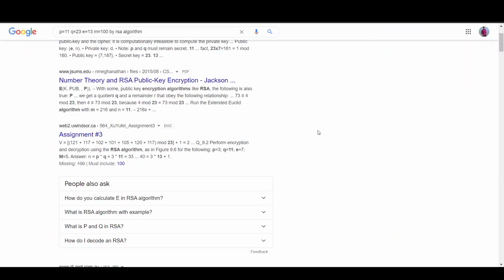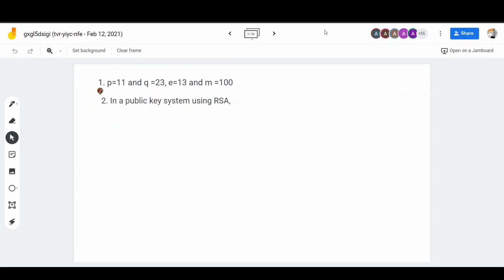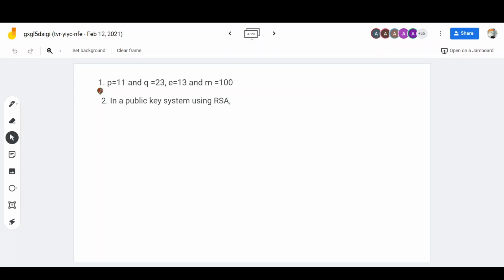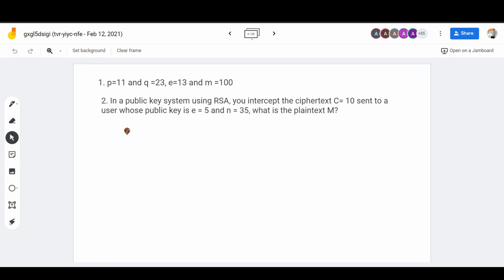You might be facing some problem finding the power values. There is a difficulty in finding powers. The easiest way to solve that: in the first question you need to write 100 to the power 13 mod 253. There only you might generally face the problem. Generally, what we will do in this particular case, okay,